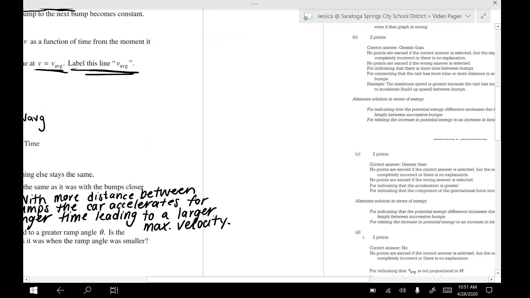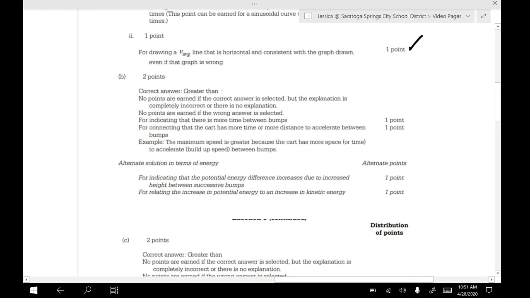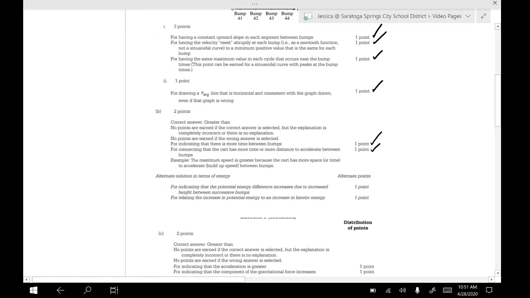Okay, so let's check my points for that. So it's a 2-point answer. So my correct answer is 2 points, but I don't get points for that. I get points for indicating that there's more time, which I said, and for connecting the cart's more time or more distance to accelerate. And I said that. I even used the word accelerate. All right, let's do,